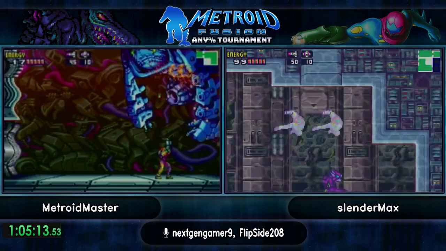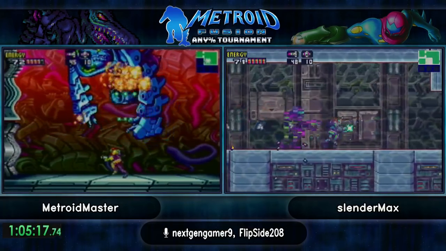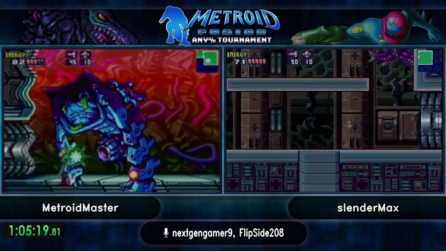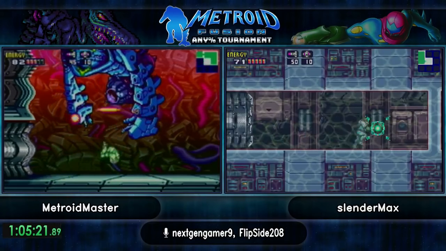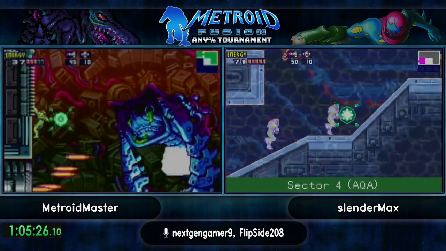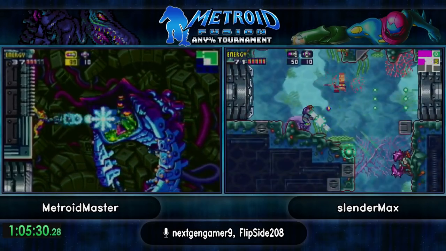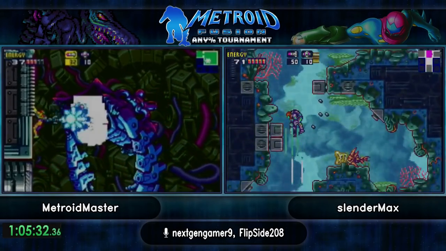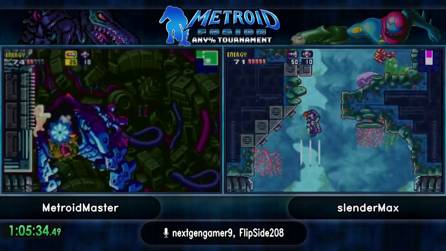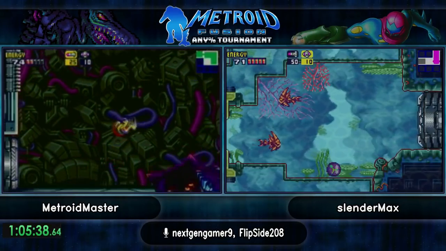Yeah, so the area that slenderMax is basically about to be in now is what's commonly called Lower Sector 4. And I said this before, it's pretty much the most dangerous area where you're not fighting a boss. A lot of the enemies do a good chunk of damage, and a lot of times it's very easy to die in this sector if you're not careful. And unfortunately, a lot of the enemies give you some patterns that are not fun to deal with, so...